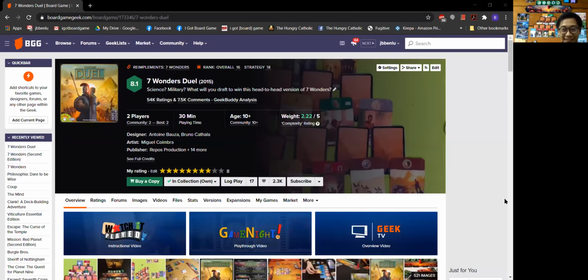2.1. I'll say 2.1. And so now looking at my score, you gave it a 7.25. My score for Seven Wonders Duel is an 8. Wow, and the weight is high, 2.22. Oh, nice. And the reason why, maybe this will address both things, my guess on the weight and my rating of 8 is,